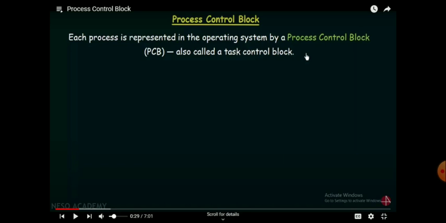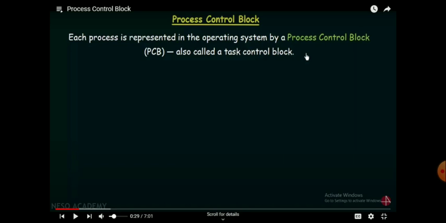In our computer, so many processes are executing with the help of the CPU. So how will the OS manage each and every process? It needs some ID, like in our class, each and every student will have a unique ID, it may be name or register number.